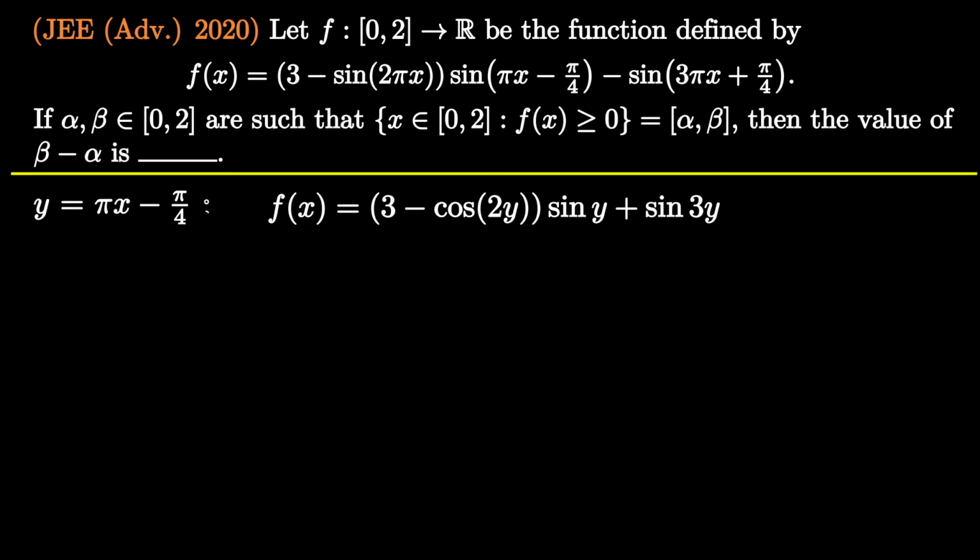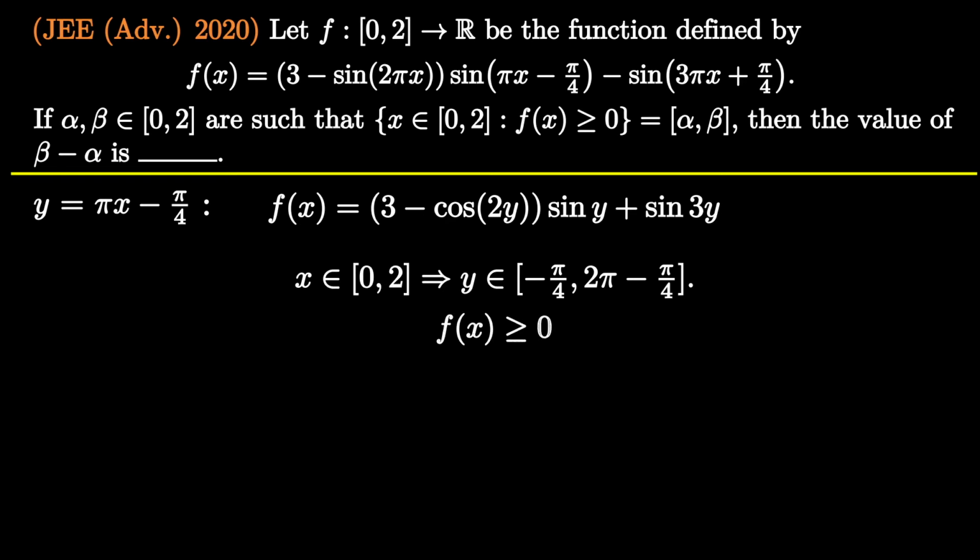It is quite manageable, but before we forget everything in the charm of its simplicity, we should immediately note down the interval where y lies, because our goal is to solve the inequality for y and hence for x. We are given x lies in the interval [0, 2]. This gives us y belongs to the interval [−π/4, 2π − π/4]. This covers one complete revolution. That is not bad.